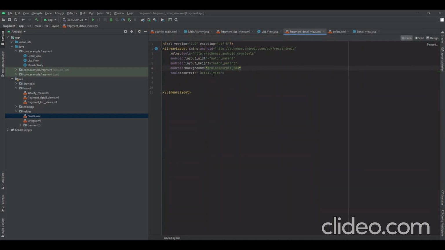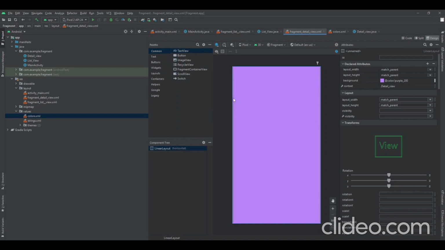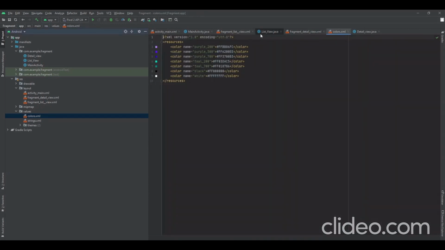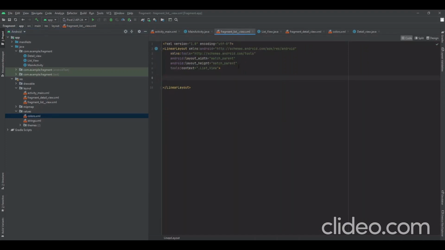Yeah. If I go to the design part, see, I change it to the design part. Let me set it to the system UI. Good. Okay. Let me go to this list view and let me set this color to the